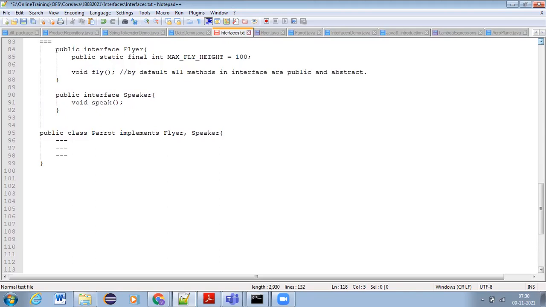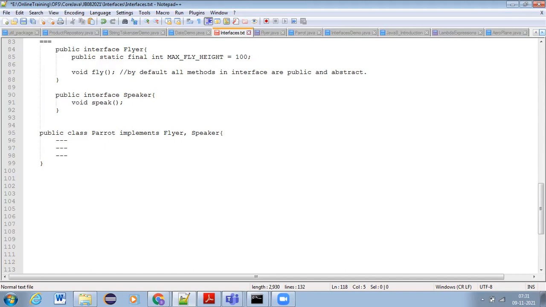In the parent interfaces, how many methods should you write as a minimum, or how many methods do you need to override here? Yeah, guys, come on quickly. The answer is there on the screen only. Two methods we need to write, right?